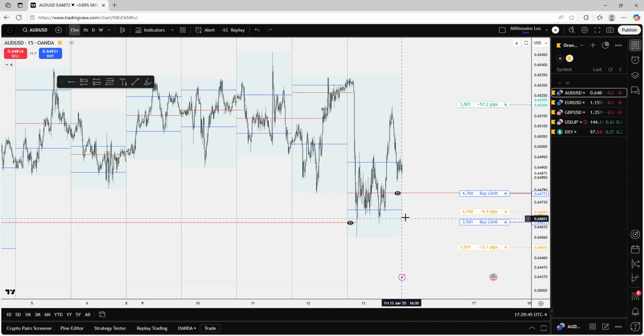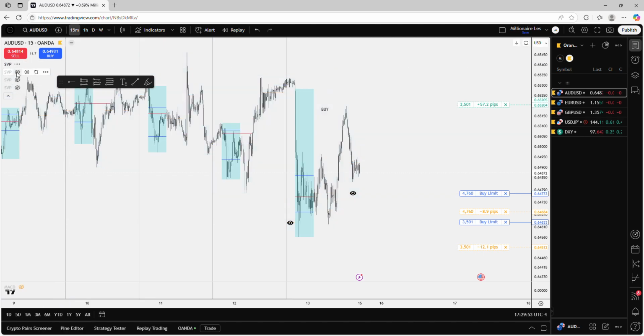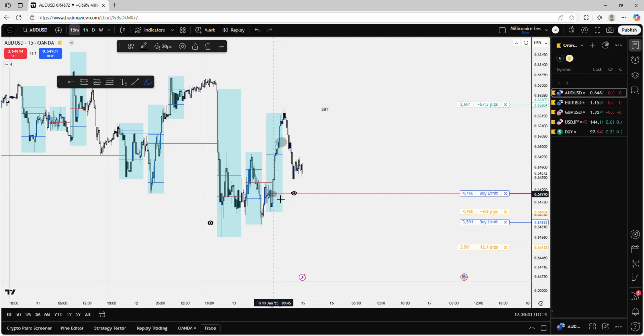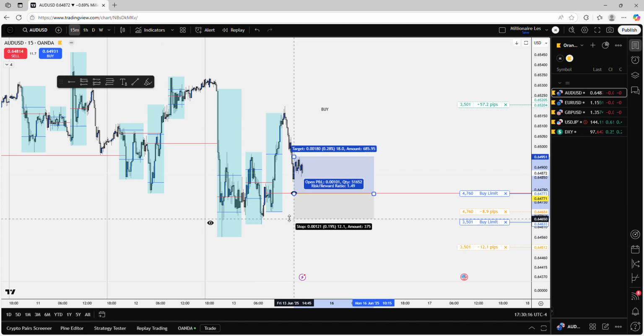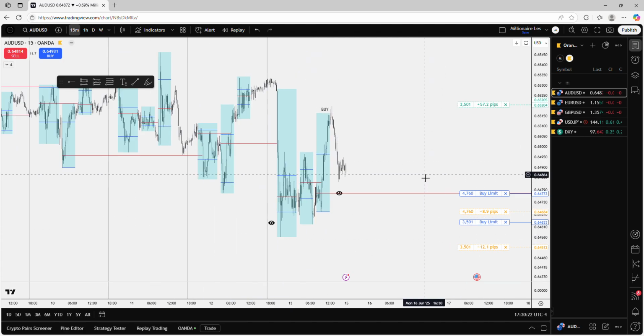Another eyeballed area that I have as well, and this is not based off of this POC. This is actually based off of a session volume profile. So I'm just going to go ahead and pull up my session volume profiles. As you can see, price today closed above the value area high. So this induced this area of interest for me for my POC, so I went ahead and set a pending order right there. Again, not going to do the projections because it gets a little bit cluttered. Just opted to do just the eyeballs.